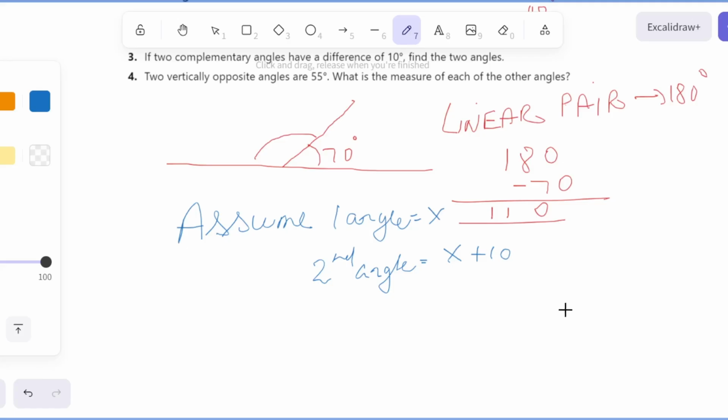And they both add up to 90, right? Because according to the question, they have written they are complementary angles. This means they will add up to 90. Now x plus x is 2x, 2x plus 10 equal to 90, 2x equal to 90 minus 10,